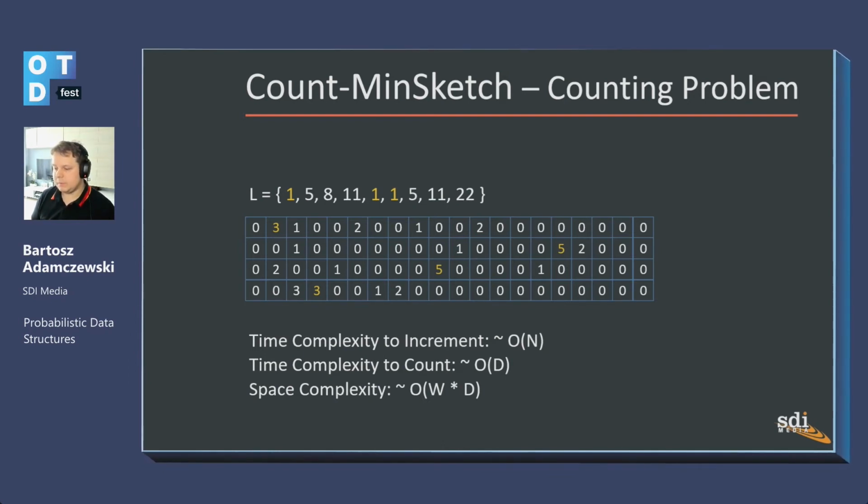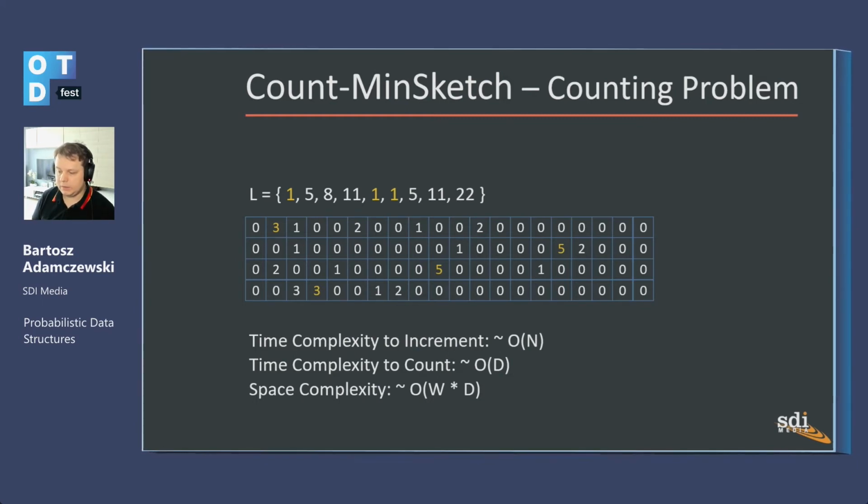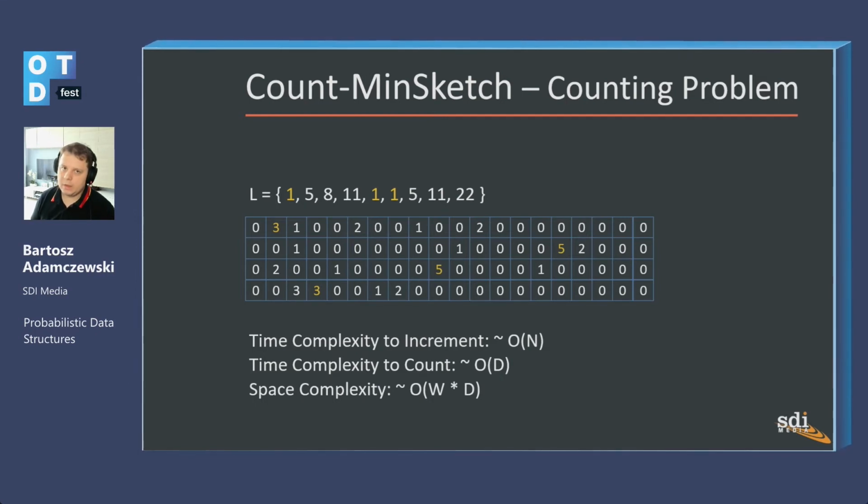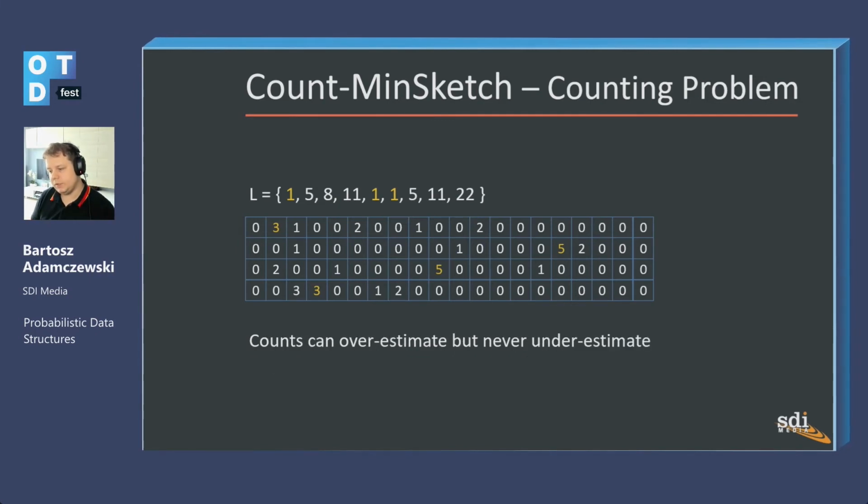So the time complexity to insert is O(n), the time to do the count is O(d), because we have to check each row, and the space complexity is O(w times d), which is very tiny, and we're going to see some benchmarks that prove that. So okay, let me go to the demo, but let me just say one thing